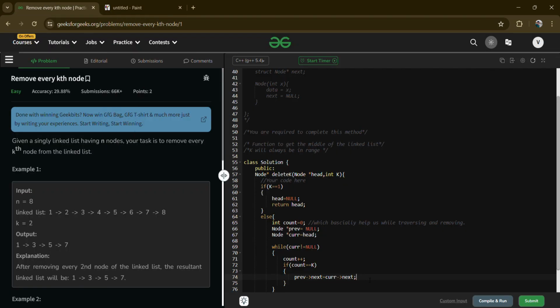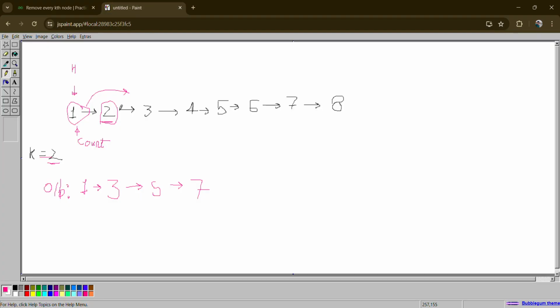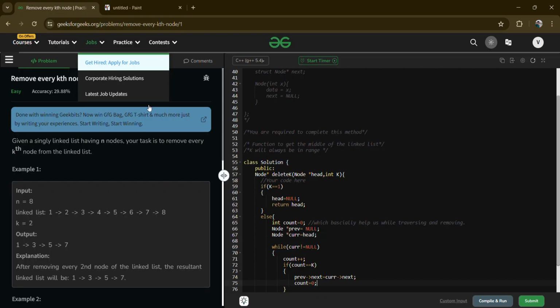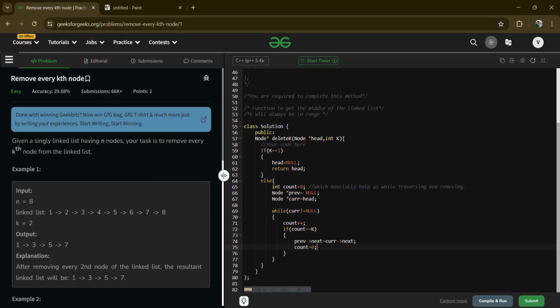Okay, after doing this we can make our count 0. That means we have to start from the beginning. If k has reached 2 here, then we have to make count equal to 0, a fresh start from here. So again from here my count is equal to 0, and again the same process is going to take place,